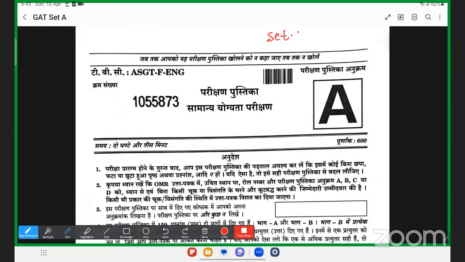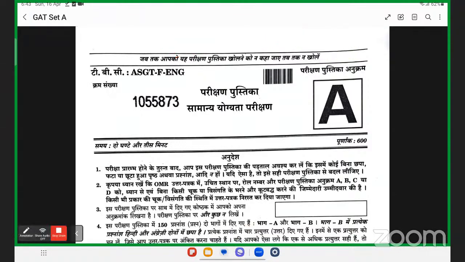ये है सेट A, NDA 2023, 16/04/2023, मीन्स जो एग्जाम पेपर आज हुआ है। तो हम डिस्कस करने वाले हैं फिजिक्स।